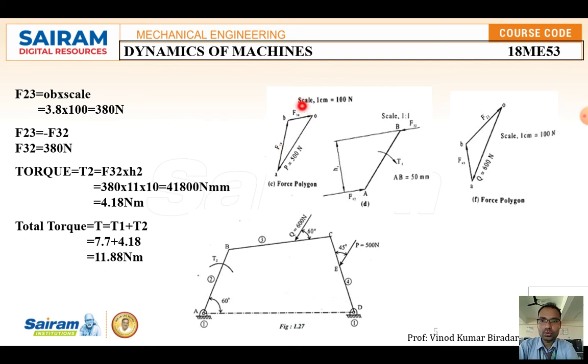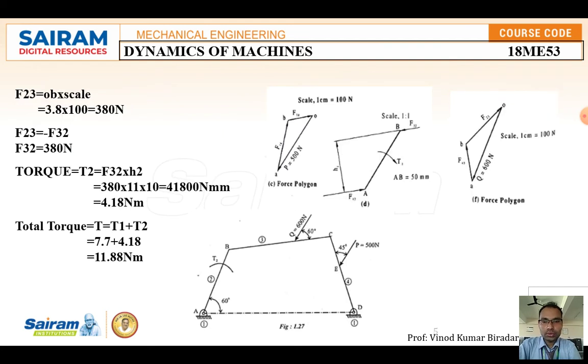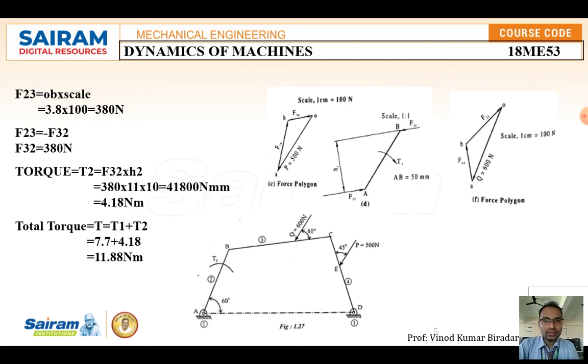So now you have calculated the 2 forces. Next you have to calculate the torque. Once you calculate the forces, you go for calculating the torque. Consider the element number 2 and transfer AB here. AB is equal to this, and one force is acting because of this. Keep the scale on this and transfer the line here, F32.